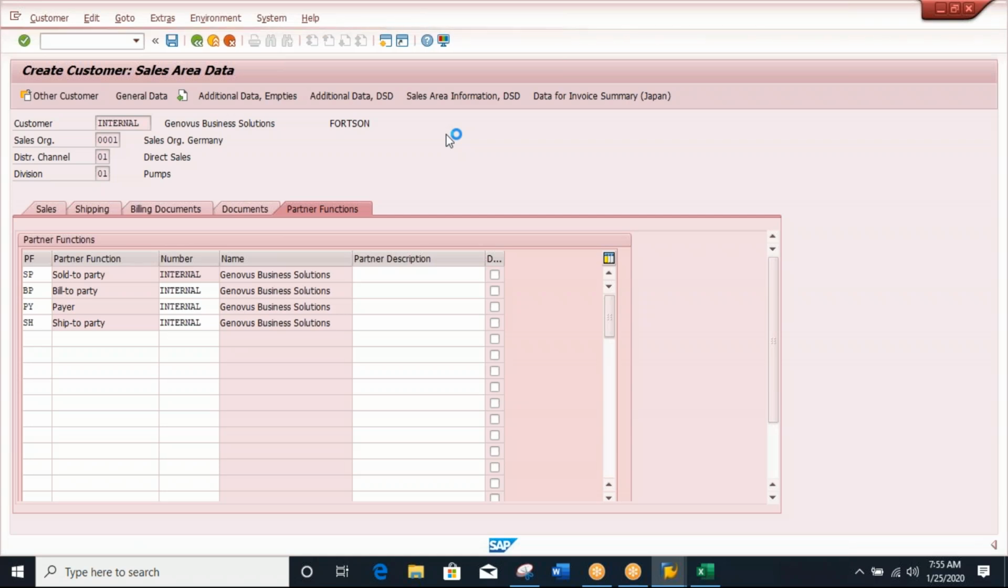It's not mandatory that we should have only one sold to party, or one bill to party. We can have many bill to parties, or even a payer, or a ship to party. So you need to specify that in the partner determination. We will discuss that, what partner